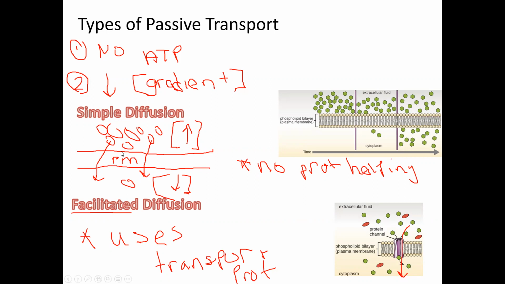Now, our last type of passive transport is also a type of diffusion, but it is the diffusion of water, okay? And there's a pretty picture on the last slide, but I'm going to sketch it out while I talk because it's just easier that way. So osmosis is the diffusion of water. So it's going to have those same features, okay? No extra energy required. And these molecules are going to move from high amounts of free water to low amounts